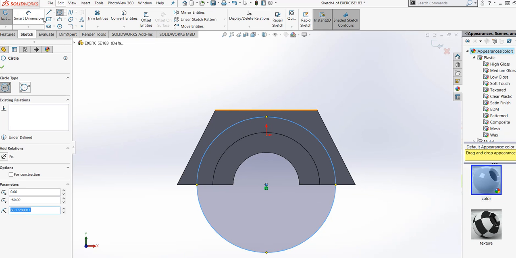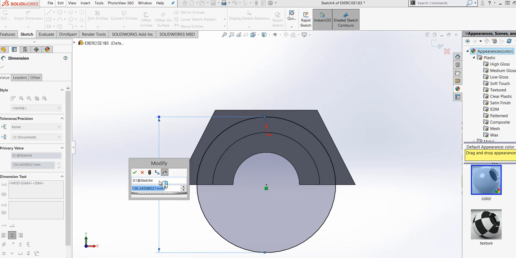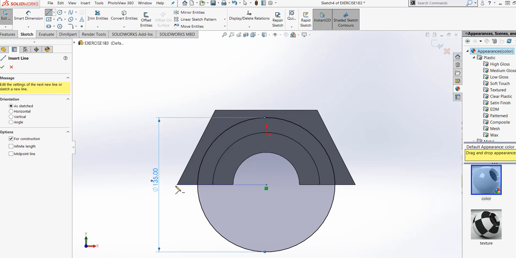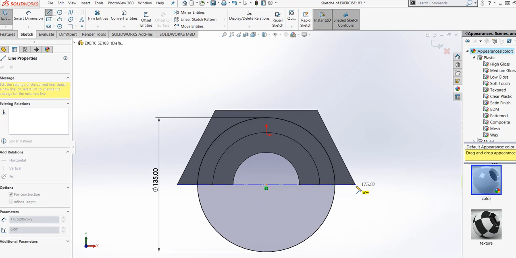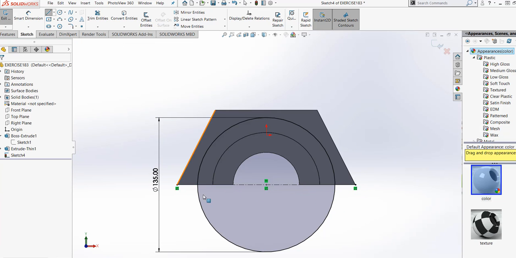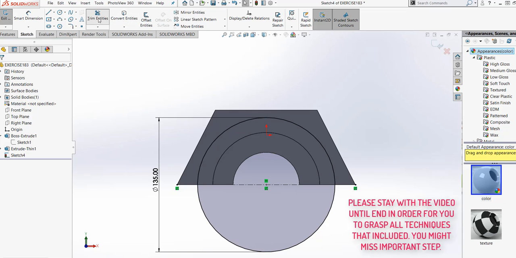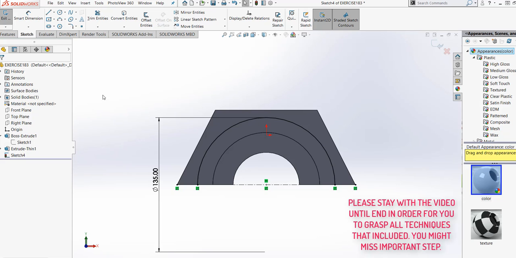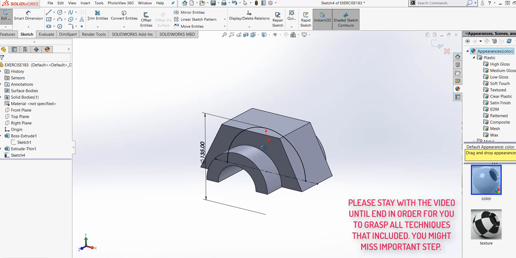Like that. 135, the circle. From here to here, I had to remove this portion, so we'll cut it with the trim command. I click OK. Now there is something like a line on there.